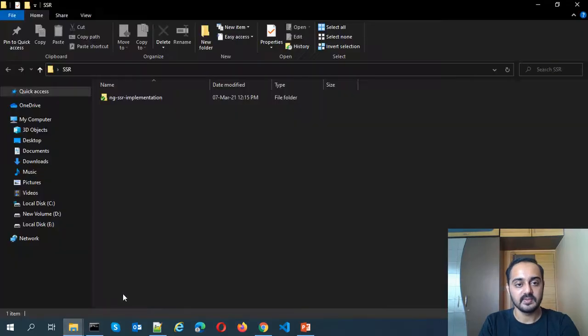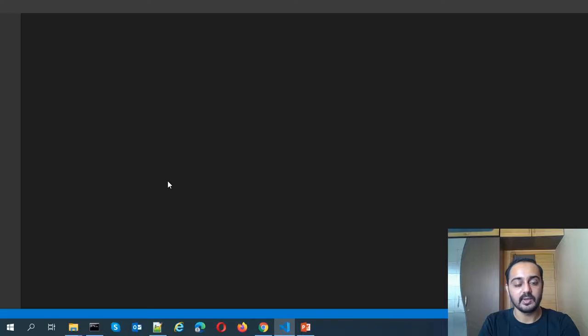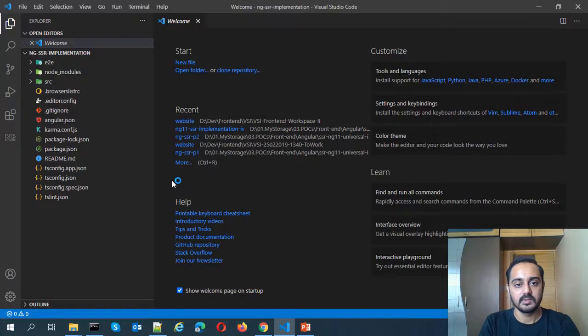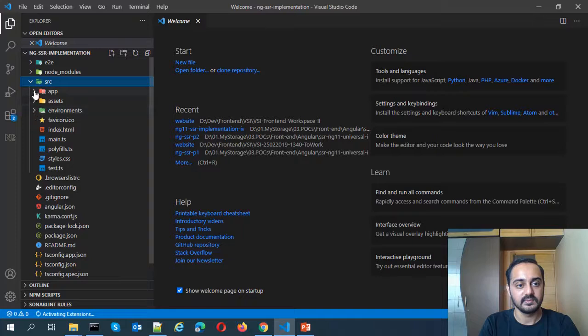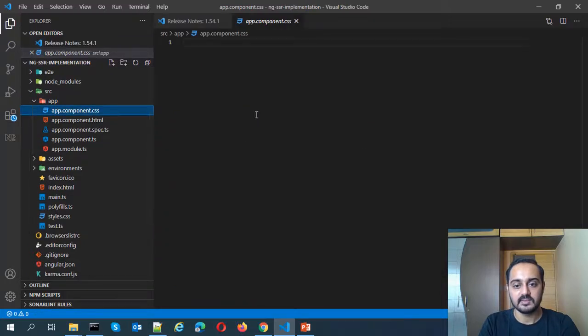So let's open this project in our code editor. I am familiar with VS Code, so I am using it. You can use code editor of your choice. So this is our project. It is a simple Angular starter project.